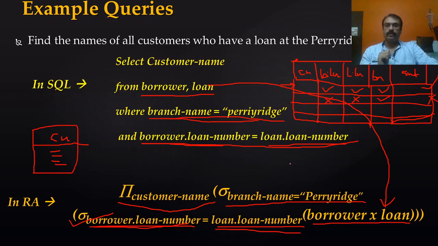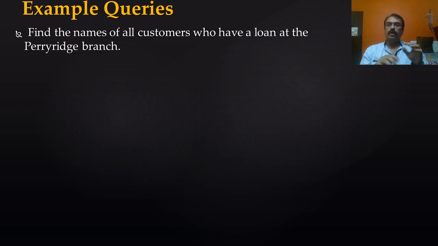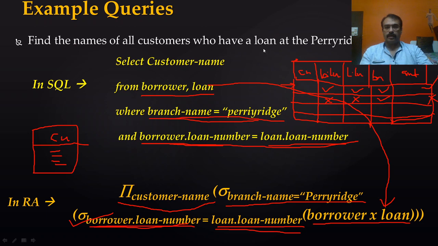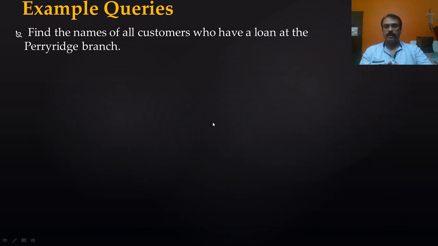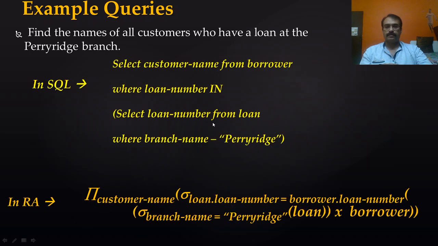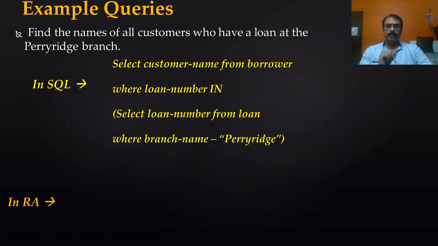Let us try one more query. Find the names of all customers who have the same query in a different fashion. Okay, we are going to find this out. Here we were making use of the from clause. So the same one in a different pattern. See, the nested query fashion. Now here we are going to avoid a Cartesian product to some extent. The size of the Cartesian product will be smaller.